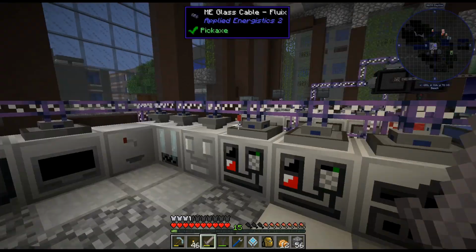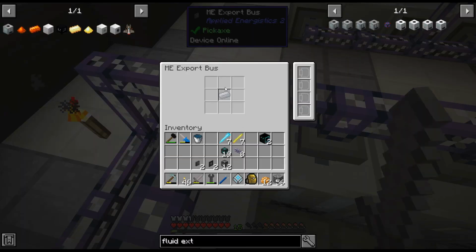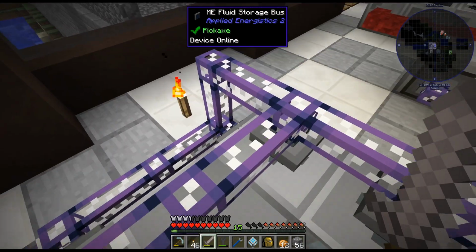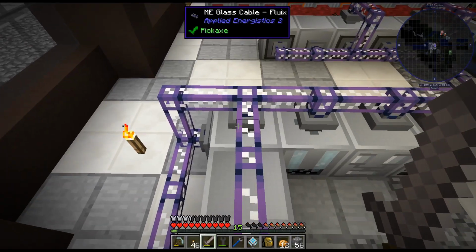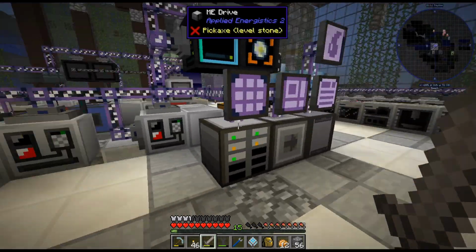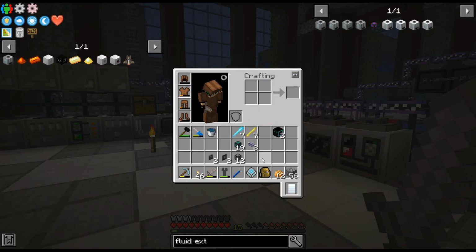I don't know. I'll have to think about it. Maybe we can just do it... Usually what I do is a fluid extractor per fluid and then a storage bus on it, and then just have it supplied continuously. Maybe we can do something a little different though. Maybe have it...